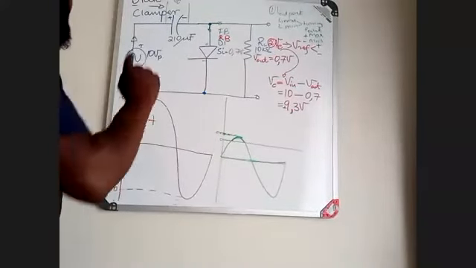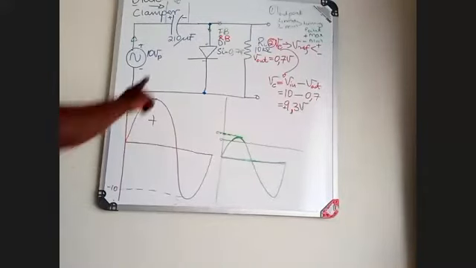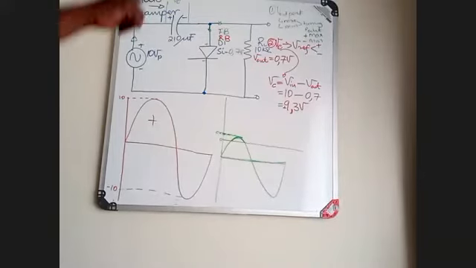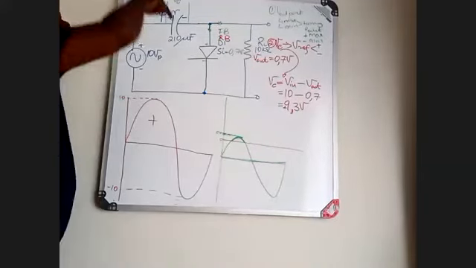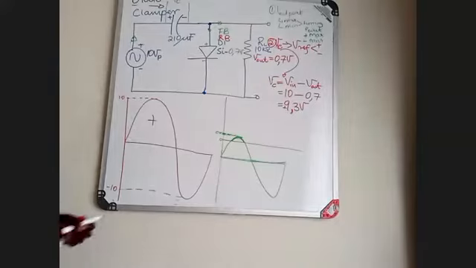Why? It's because when I charge this component, how did I charge that component? I charge that component during the positive cycle. Now, because I charge during the positive cycle, it must be a positive 9.3. But when I measure